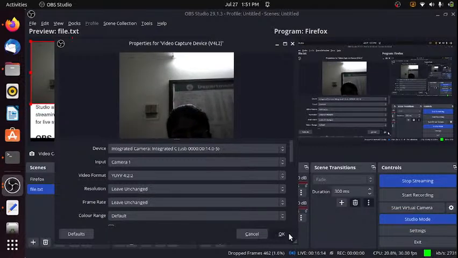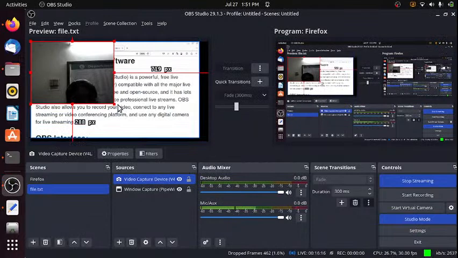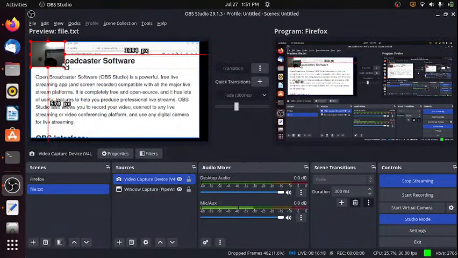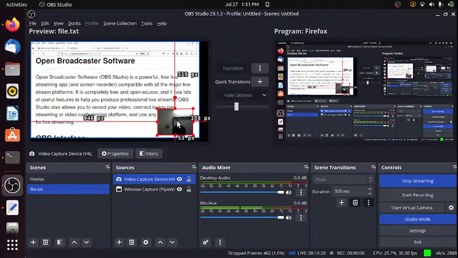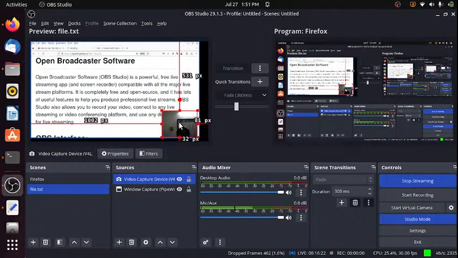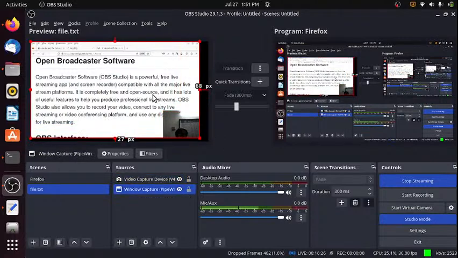See, and we can set it here. This way we have several other features like adding a text,